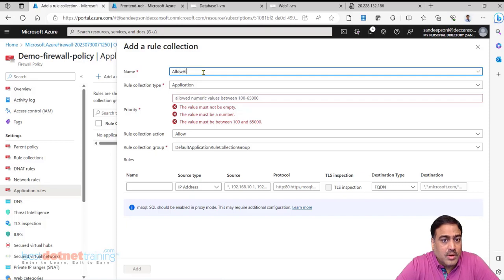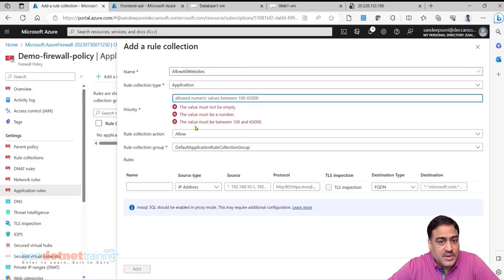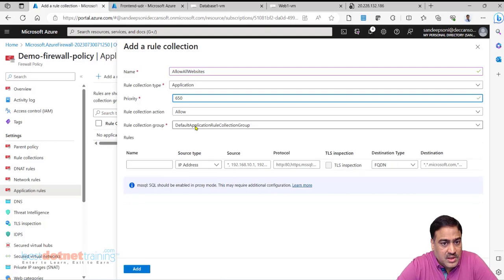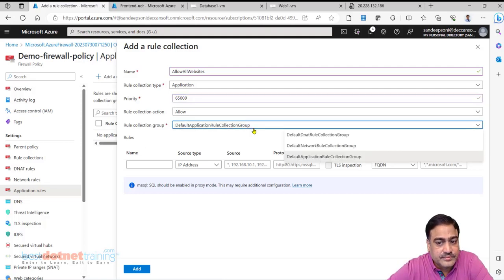Allow all websites. I'm doing reverse. And I'll give this as the highest priority. Sorry, I'll give this as the lowest priority. Allow all websites, allow. And there is a default collection group. I'll just leave this as it is.